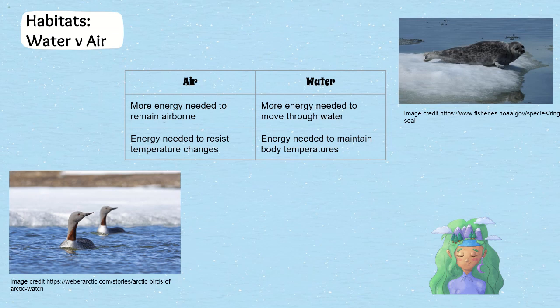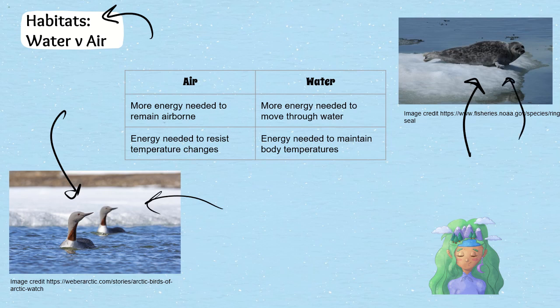All of these amazing properties of water lead to some challenges and some opportunities as a habitat. We are going to compare and contrast this super cool guy, the black-throated Arctic loon, and this beautiful one, the ringed seal. Both of them live near the North Pole. They both feed in the water. So they have some pieces of their habitats that overlap, but of course the birds fly, and this guy is